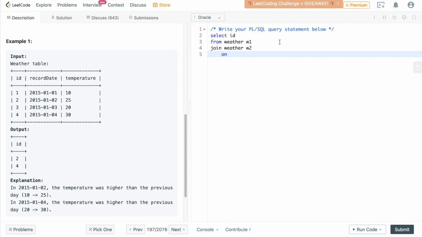But before that, just for better understanding, I'm going to add a comment here saying that let's imagine that this W1 is going to be our previous day, and this W2 is going to be our current day. Okay, and our requirement is that we need to compare the temperature of the current day with the previous day, and only if the temperature is greater we need to fetch that record. Correct? So before comparing the temperature, let's try to match the current day with the previous